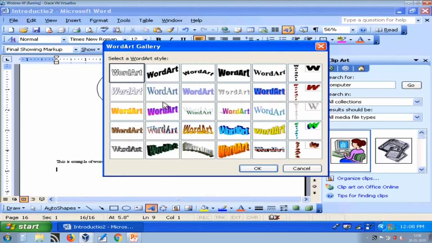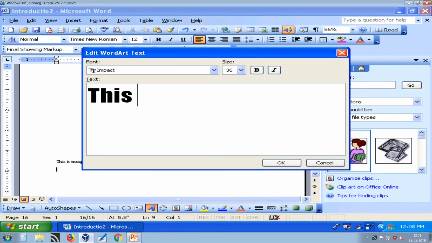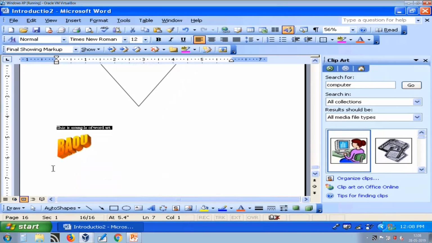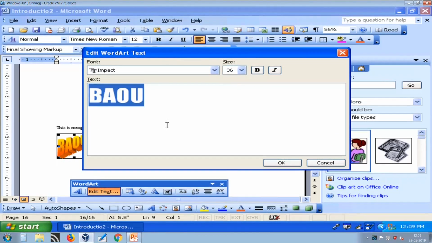So go to word art, and whatever style that you want to apply, you can select here. For example, I want to write like this, so I need to select that, and I need to type my text here. So I am typing BAOU and press OK. So plain text is a very simple text, but word art is very fancy. You can easily edit text.